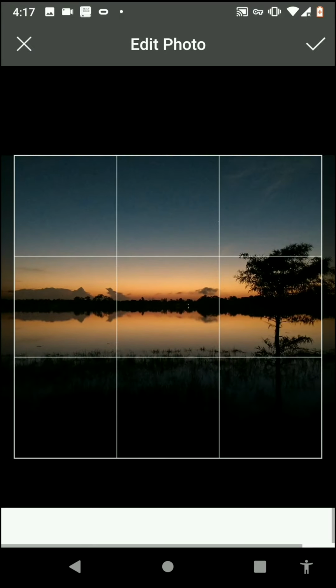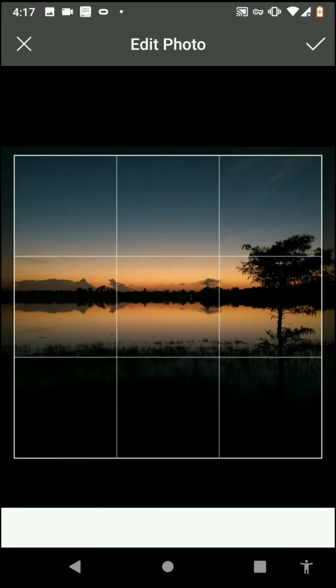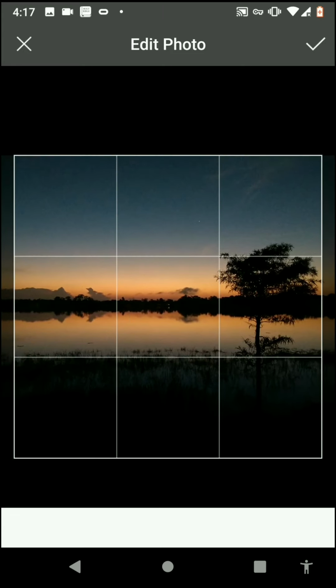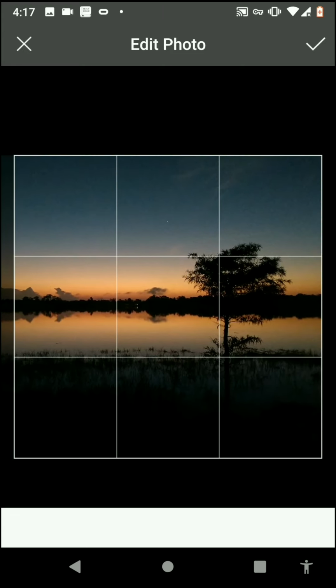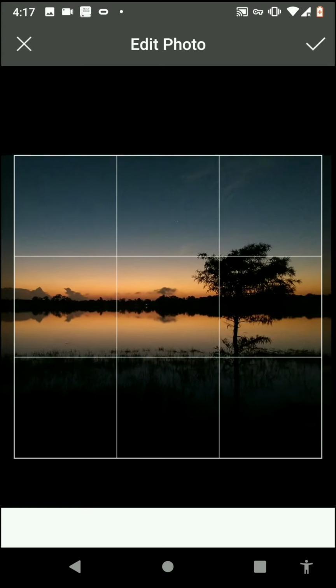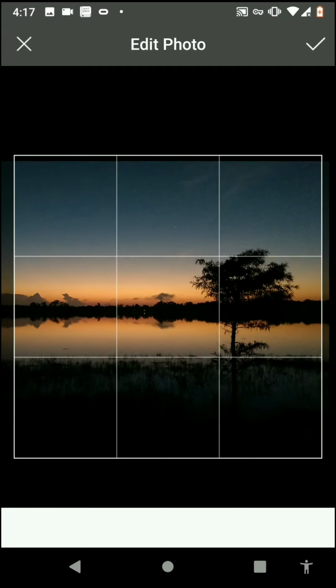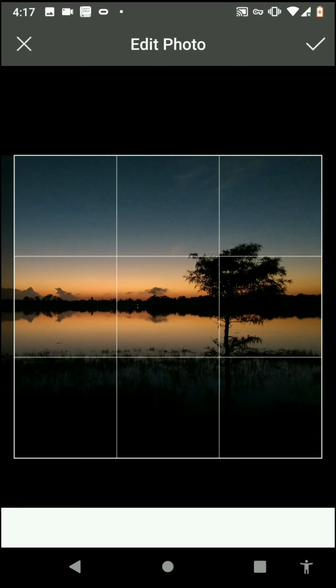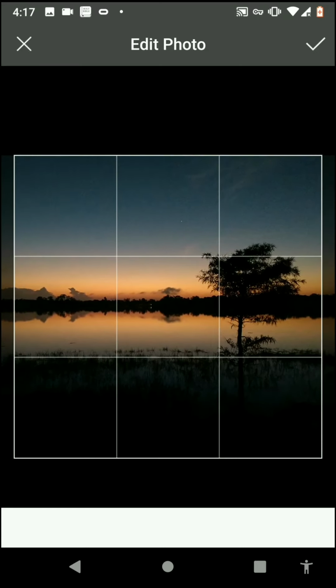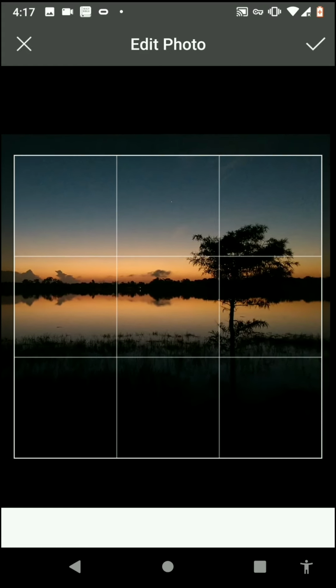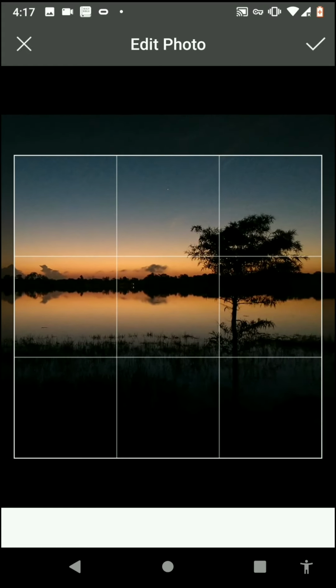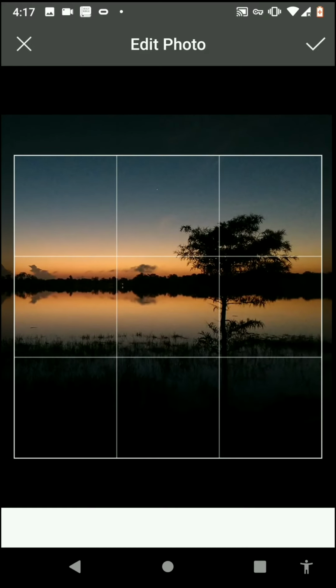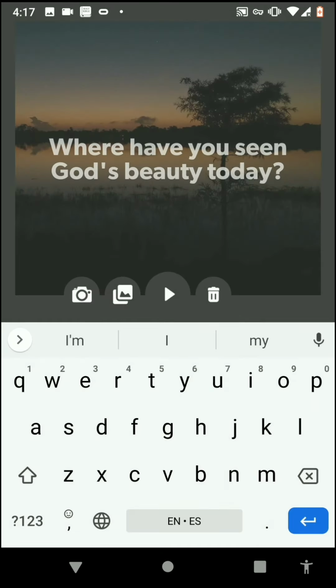What it lets you do is crop and change things around with the photo. Now I have the basic settings of this set to square for an Instagram post, for instance, and you can move this around and crop and do different things. When it's in a place that you like it, you say okay. I'm thinking about the rule of thirds, the tree, I like the sky. That's going to be nice. It gives me some empty space for the text to be, but it gives me a nice image. Hit the check mark,